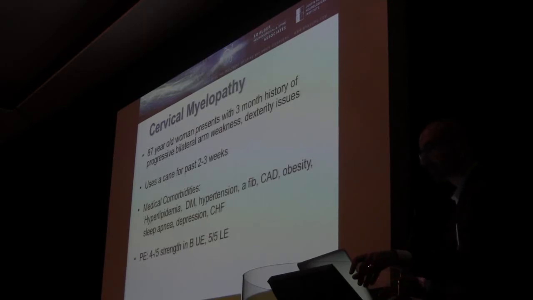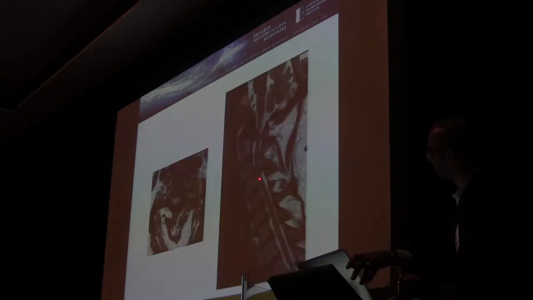Somebody else with cervical myelopathy, she's 87 years old. She has a 3-month history of arm weakness. Same concept, losing function. She has myelopathy. She has spinal cord compression right here, but her pathology is actually from the back of her spine, and she's 87 years old. Above the age of 75, if you go in from the front, they have a much higher